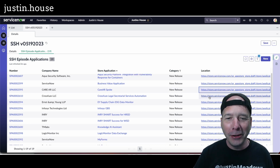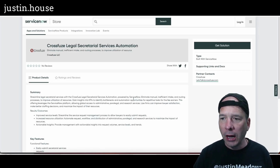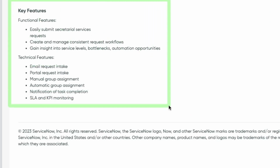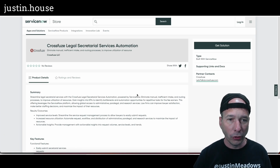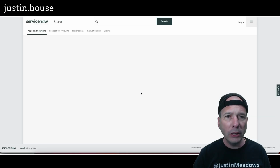So next, Crossfuze Legal Secretarial Services Automation. Let's see on this one. Functional features: easily submit secretarial services requests, create and manage consistent request workflows, gain insight into service levels, bottlenecks, and automation opportunities. Technical features: email request intake, portal request intake, manual group assignment, automatic group assignment, notification of task completion, and SLA and KPI monitoring. No screenshots on this one, so we will move on to the next one, which is going to be EY